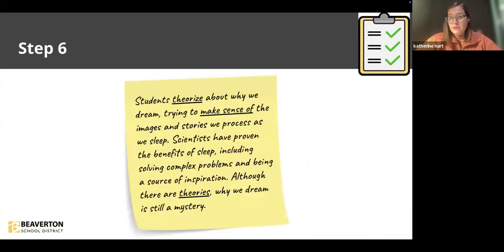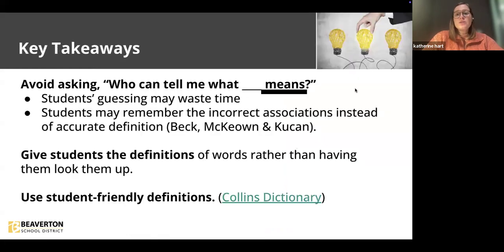Okay, so your students might produce something in the end that looks like that. And so they're using students to theorize about why we dream, trying to make sense of the images and stories we process as we sleep. So they've underlined the words that you've explicitly taught them. Okay. So the key takeaways with this routine and with all vocabulary learning that you do in your classrooms, we